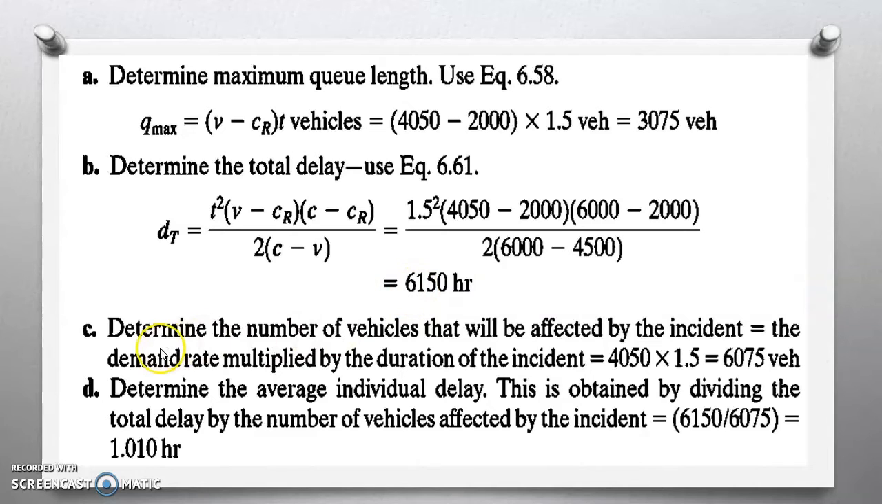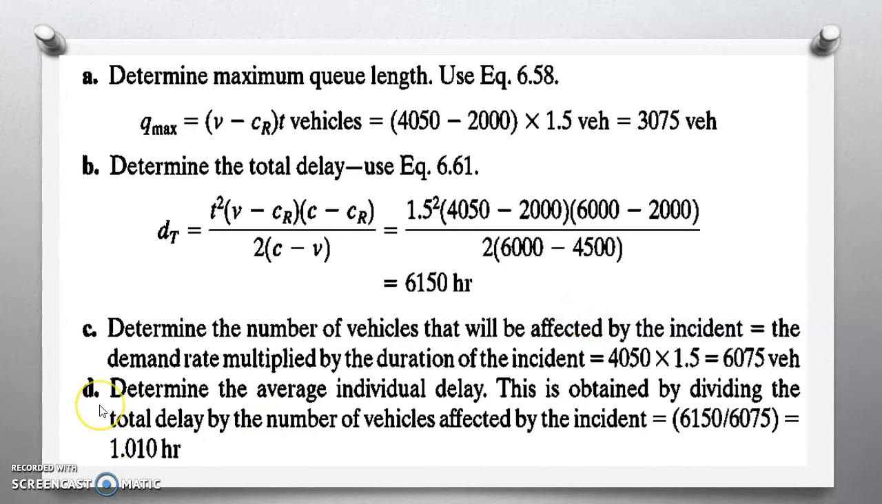6,150 hours. Letter C. Determine the number of vehicles that will be affected by the incident, which is equal to 4,050, which is the total volume given in the problem, multiplied by 1.5, which is the duration of the incident, or 1.5 hours, which is equal to 6,075 vehicles, being the number of vehicles that will be affected by the